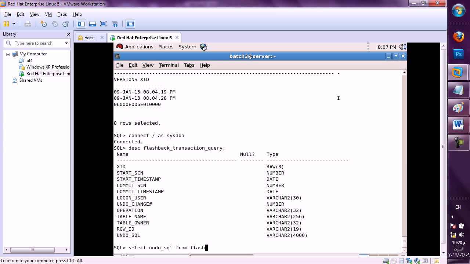Sorry, flashback_transaction_query. Okay, where xid equal to this ID what I have copied from there, because xid I will not get in sys,